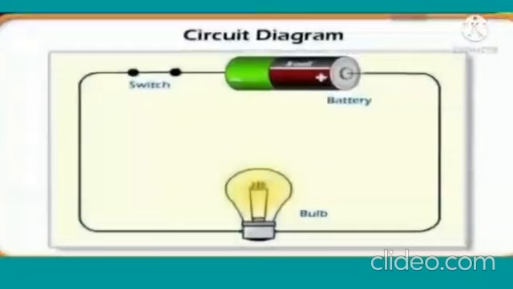This is the picture of a circuit diagram. In this picture, all electrical devices are connected with wires; this is called a circuit. The sequence of components is: the positive terminal of the cell, next connected with wire, this wire connected with the switch, this connected with the bulb and wire, and last connected with the negative terminal of the cell.